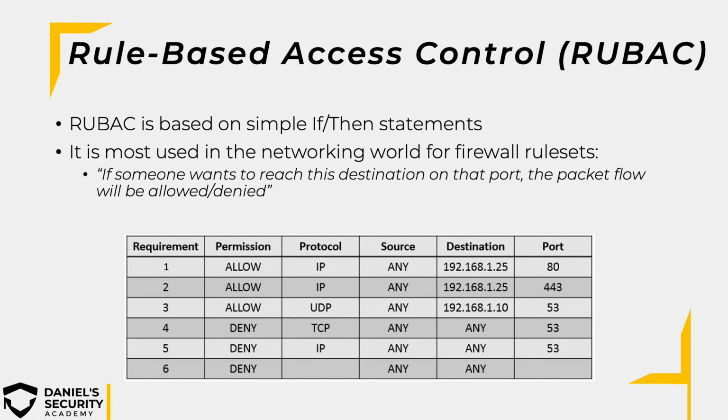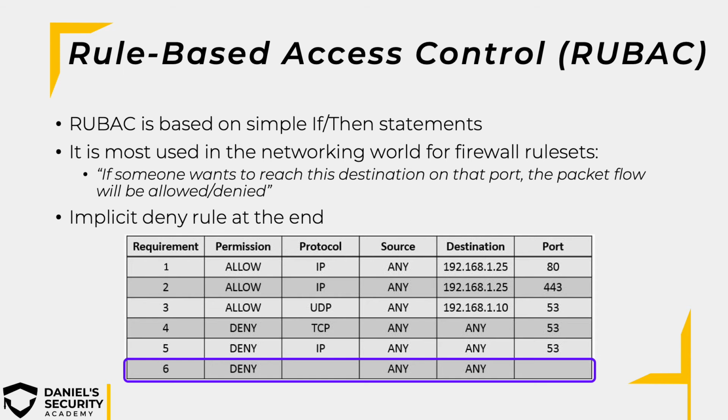For basic firewalls, you may only have source, destination, and port, and for next generation firewalls, you may also filter on the application itself, the payload, and those kinds of things. And those rule sets always have, or always should have, an implicit deny rule at the end. So if no if-then statement matched before, it should always be: okay, we didn't find anything in the table that's allowed for this one, just deny it.